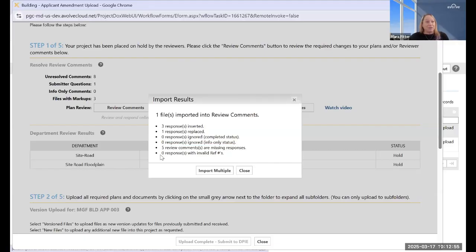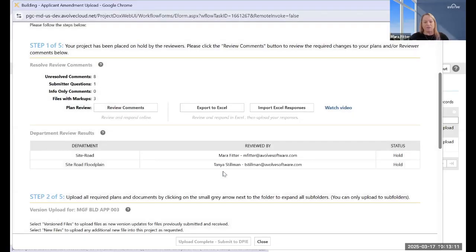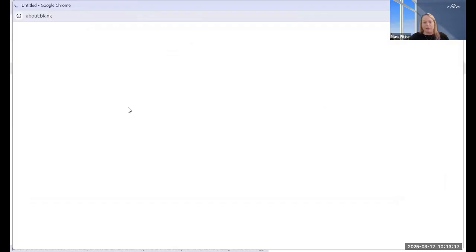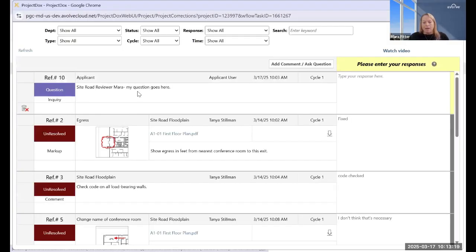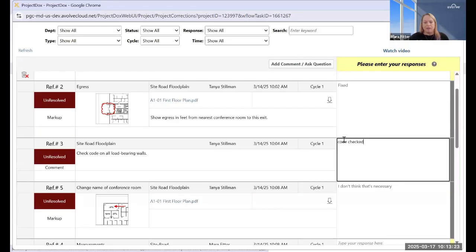If I have a separate Excel spreadsheet that I want to import right now, if I click on import multiple, it just brings me back to the browse for file window. If I don't have anything else to upload right now, I can click close. There was a close button on that previous screen as well. I'm going to open up my review comments grid one more time here. Here are the answers that I put in